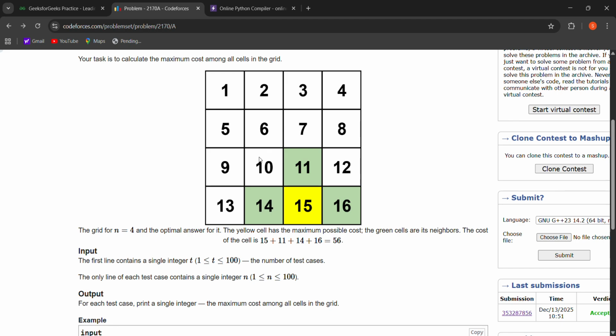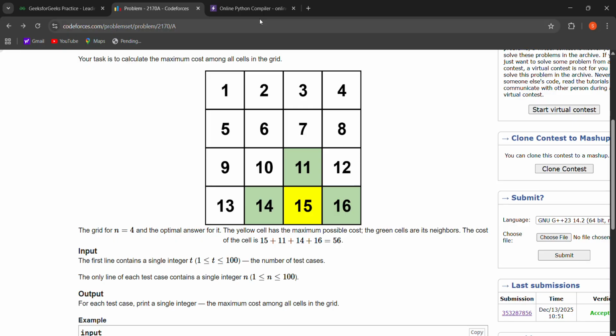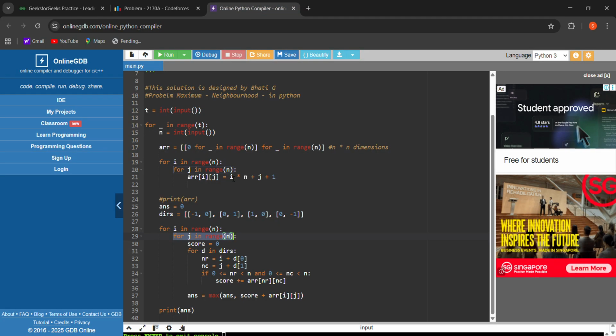Similarly this will be 1 comma 0, and this will be 0 comma minus 1. So we make dirs as -1, 0, 0, 1, 1, 0 and 0, -1 for up, right, down and left.